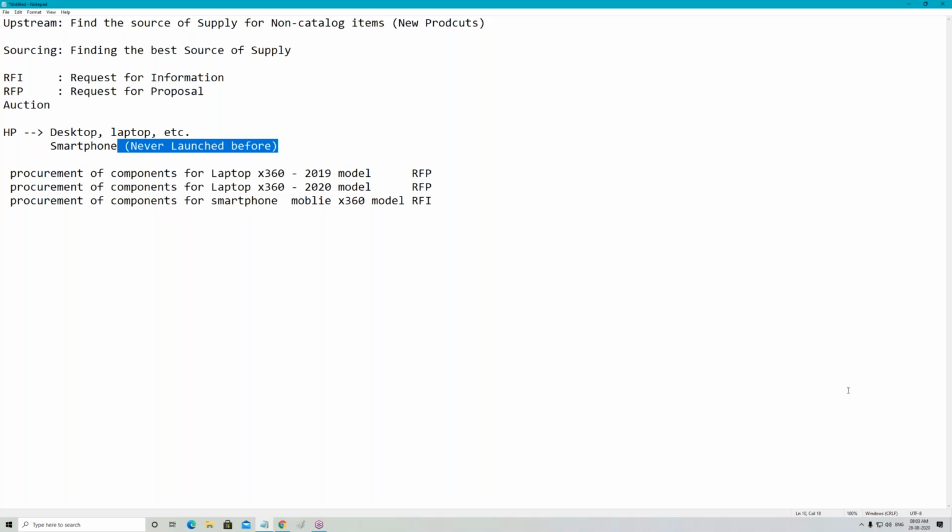Let's say after 1 year, there comes a solution where CPU and GPU are no longer differentiated. One particular intelligent processing unit, IPU, comes into the market. So again, Dell will say, I don't know about this particular component, so for this I have to do RFI. So in this exceptional scenario, that means when the whole technology landscape is changing, or a new invention or new discovery is coming into the picture, even for the new model you will have to do RFI.